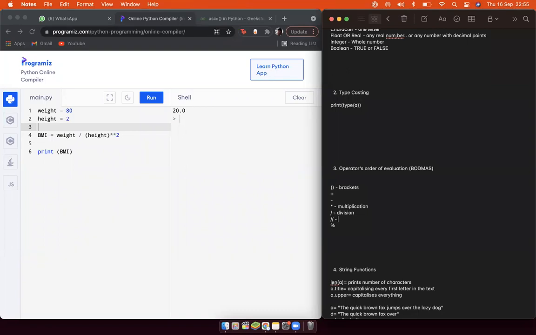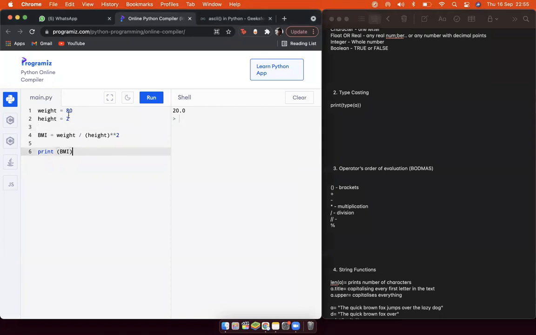This double slash will remove the decimal point of any given value, or any equation that we have. So let's say the weight was 69. You run that, it's giving you 17.25. I don't know when this will be necessary, but there are some questions where you don't need the decimal point.